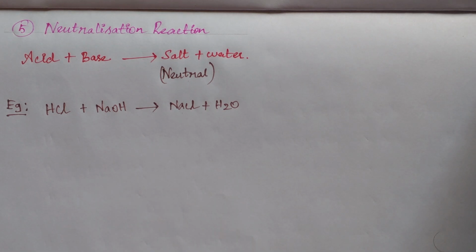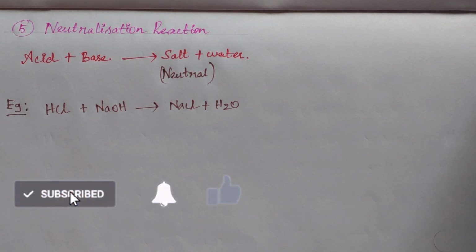In the above reactions, acid with metal oxide gives salt plus water. So it is related to the neutralization reaction. That's why we consider metal oxide basic in nature. Next, non-metal oxides act as acidic. Why? They produce salt when they react with base. Okay students, with the help of the neutralization reaction we can identify the nature of metal oxide and non-metal oxide.